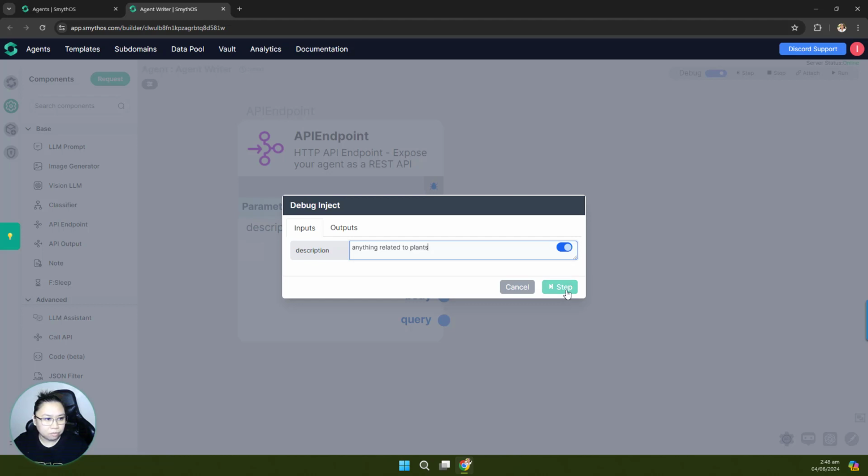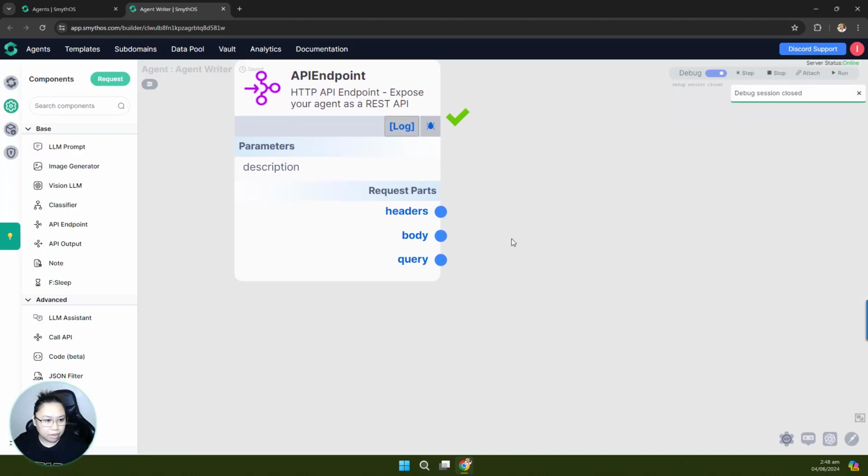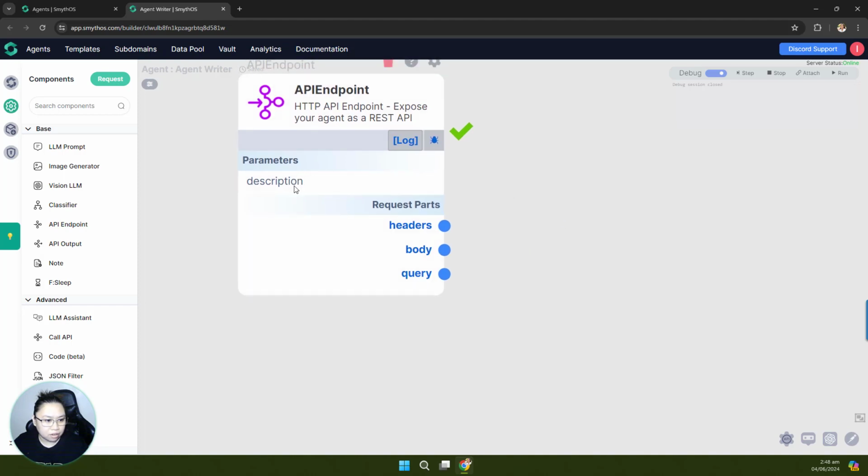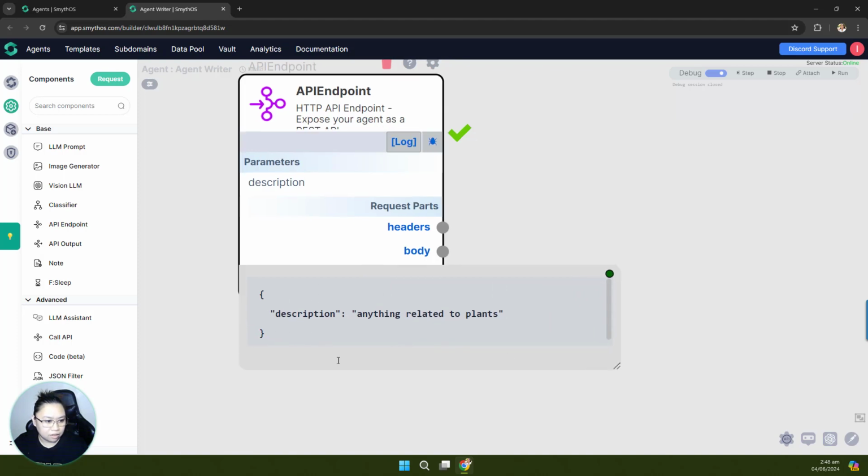Since we're using the get method, this data will go to query here. Alright, as you can see, I have here the data. Now if I only want the string value,